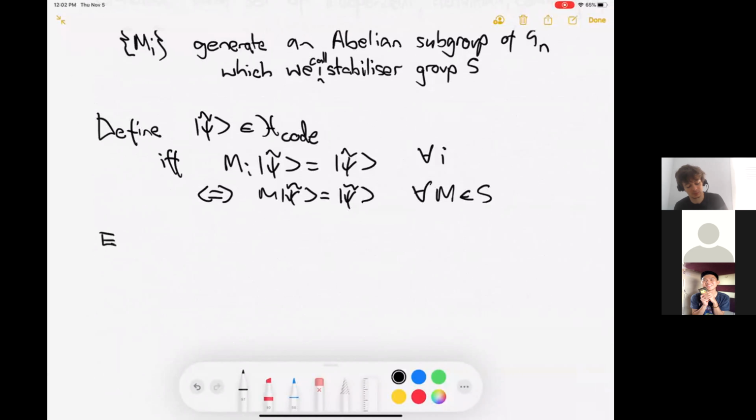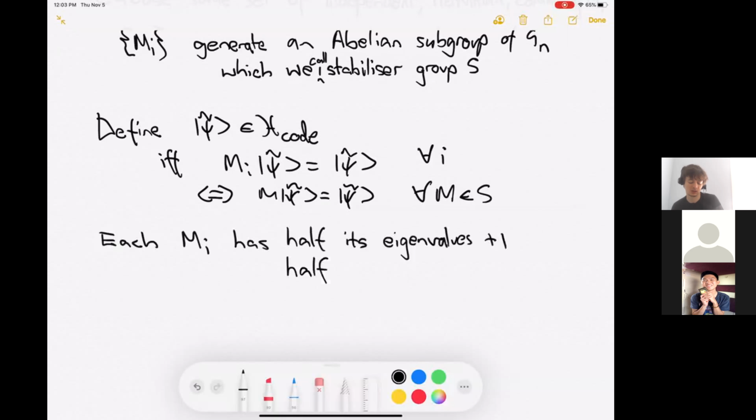It is a fact that each of these Mi's has half its eigenvalues plus 1 and half are minus 1. Okay, so to prove this,